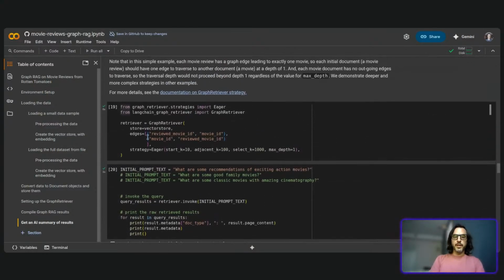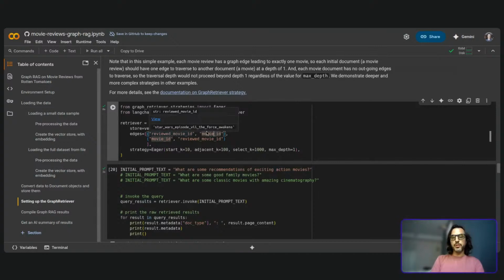Here, like I said before, we can define 2 different types of edges. We can connect the reviews to the movies that they reviewed, but we can also connect the movies to all of their reviews. I limited that to 1 step before, but if I go up 1 more step, the theory is: instead of just finding reviews, giving those reviews back, and adding in the movie information,